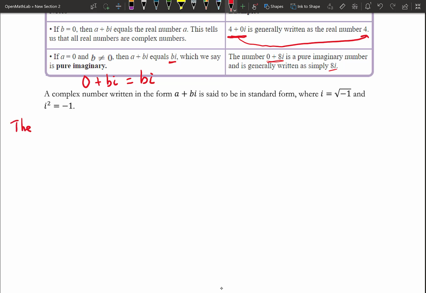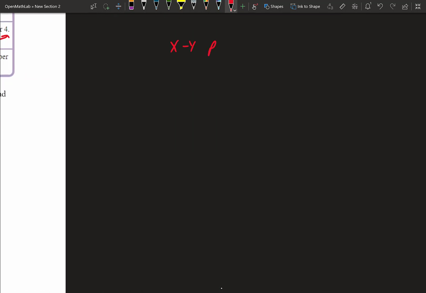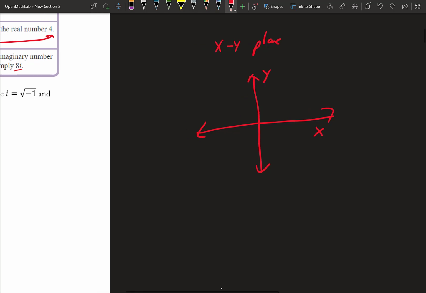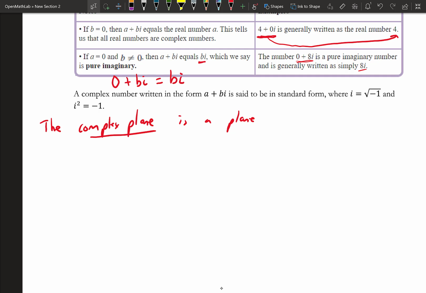The complex plane is a plane, right? And just to clarify really quick, if I talk about the xy plane, that's like the xy coordinate system, where this is the x-axis and the y-axis. A plane is basically an infinite sheet of paper, a two-dimensional thing. So the complex plane is a plane